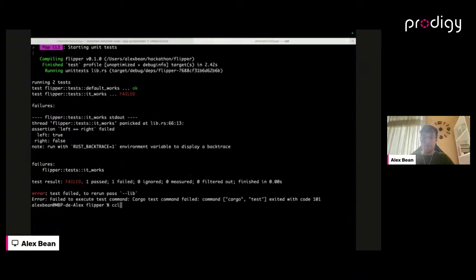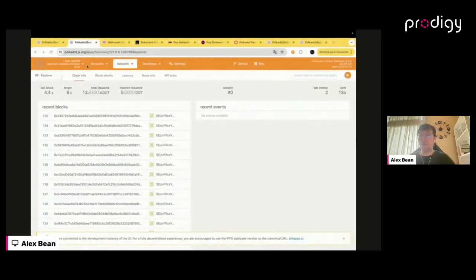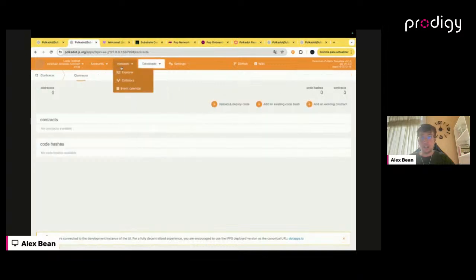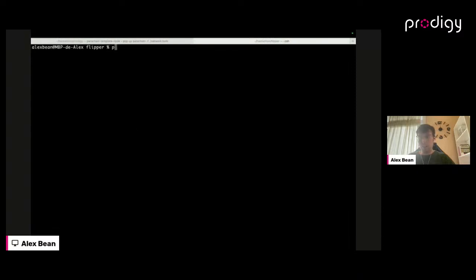Okay, so now we have testing. Let's deploy the contract in the parachain that we have running here. So we see we have this parachain that has been producing blocks since the beginning. It has no contracts yet. So let's deploy our first smart contract. We go to pop, we do pop up contract, and we